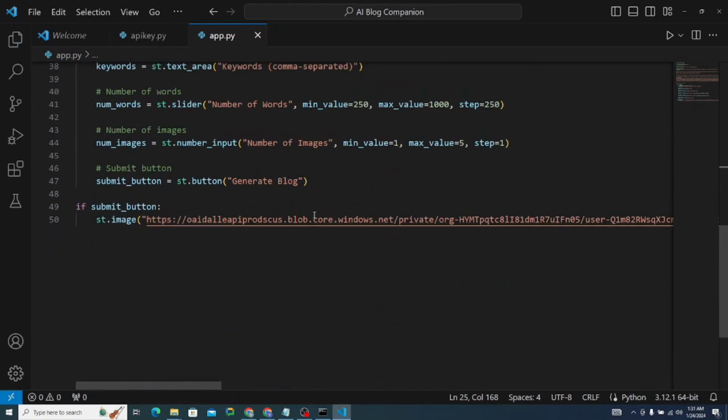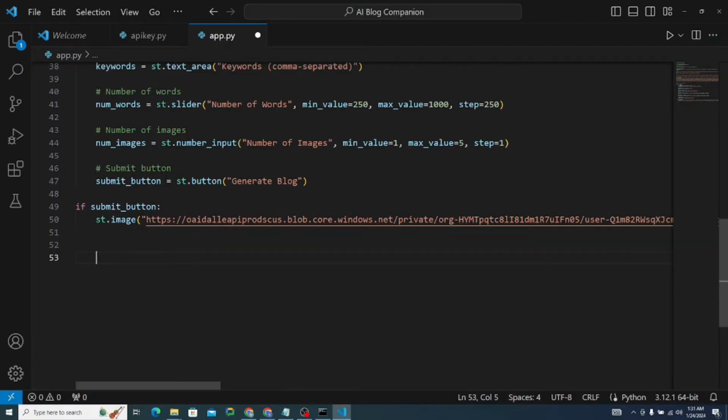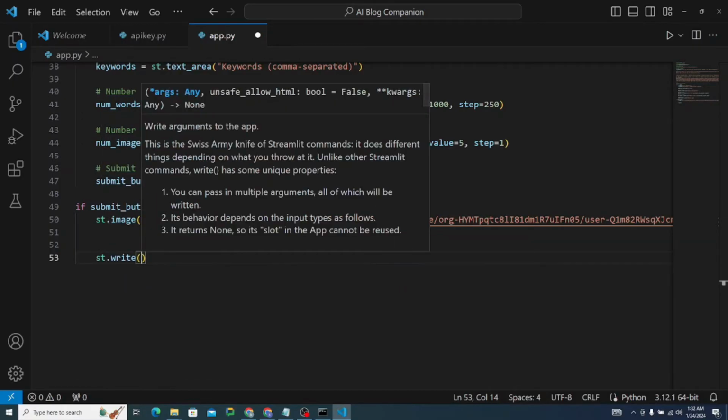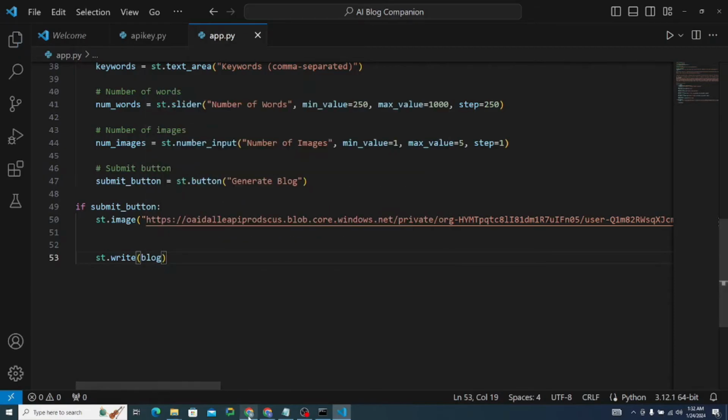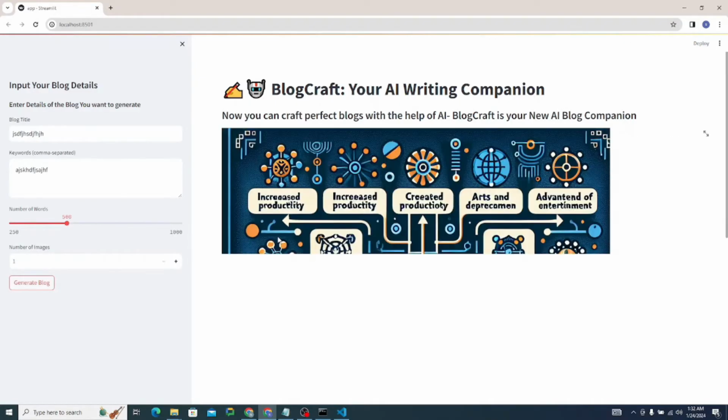If I try to write my blog down here, to show you how it would be visible on the screen, I say st.write and then blog. Let me show you how it will look. If I type in the blog title, keywords, suppose I specify number of words as 500 and image to be 1, and then click on generate blog, it would be visible